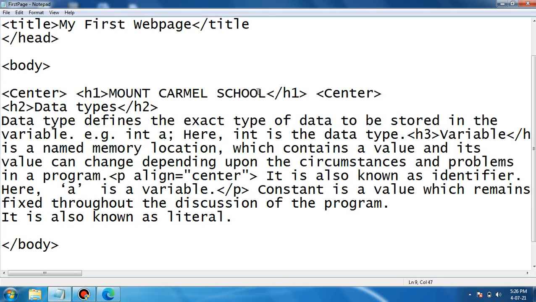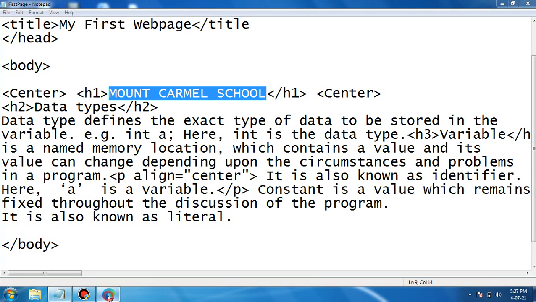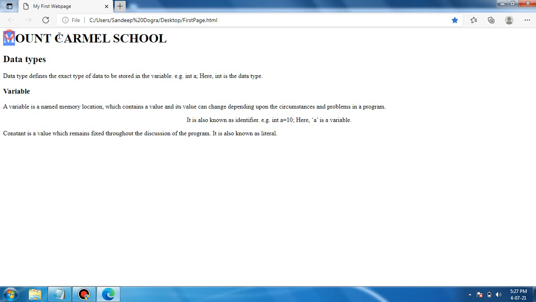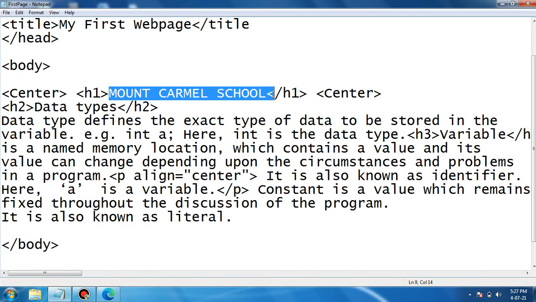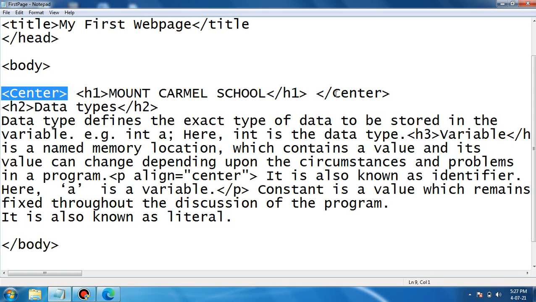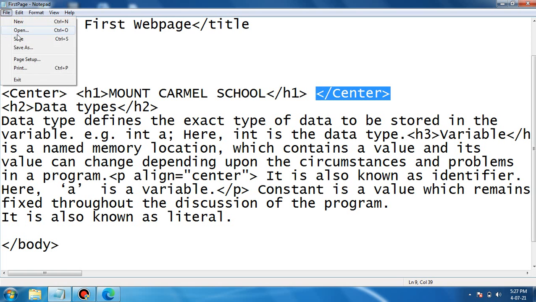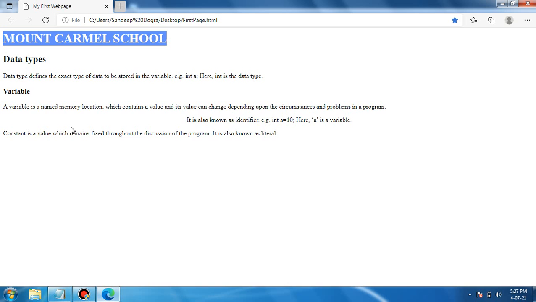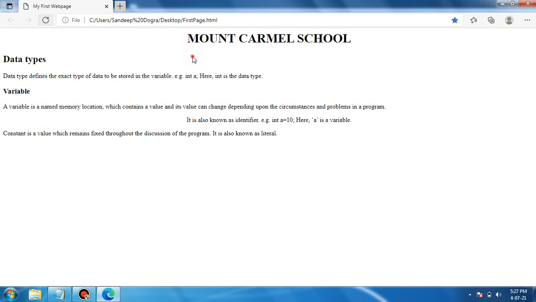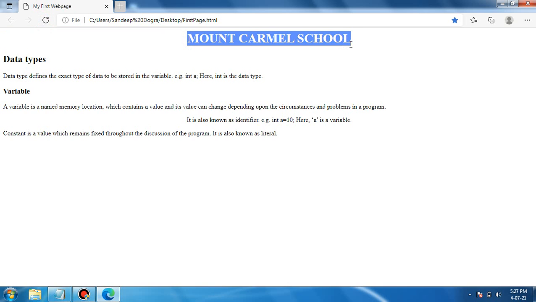These three words, Mount Carmel School, I want to position at the center of the page. So this entire text must be within the center start tag and end tag. Now we save it and refresh the page, and you can see the Mount Carmel School text is at the center of the page.